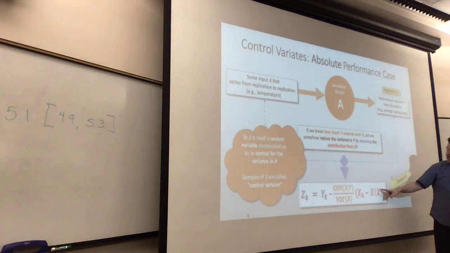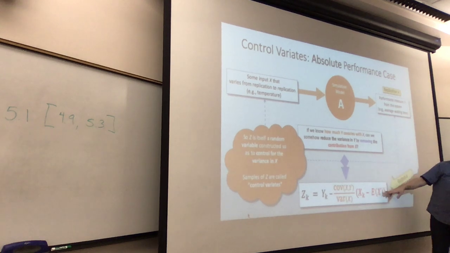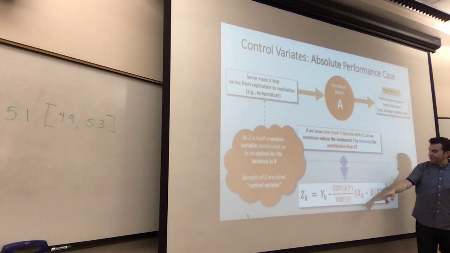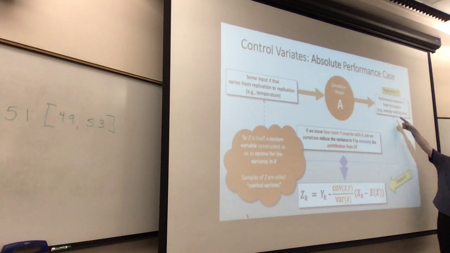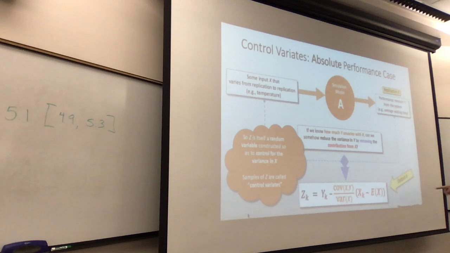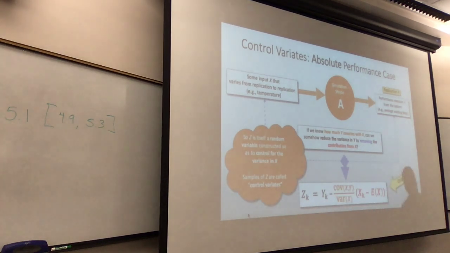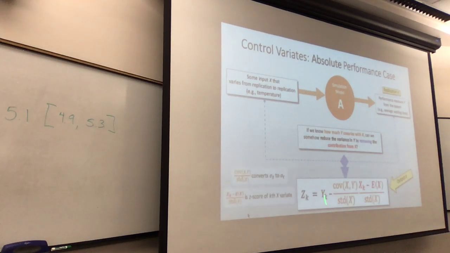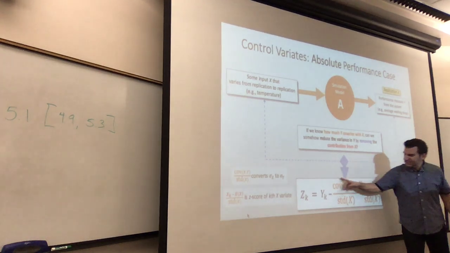So if I measure this after my experiment is done, the variance on the input, the covariance between the two, and this, which is the variance on the input, then I can end up modifying every single output that I measured to generate a new set of outputs over here that hopefully has smaller variance. And so the mechanism there is if I just unpack that variance, then basically I've got this term here